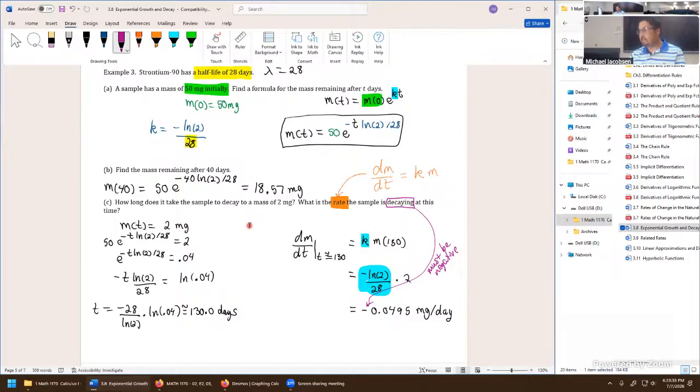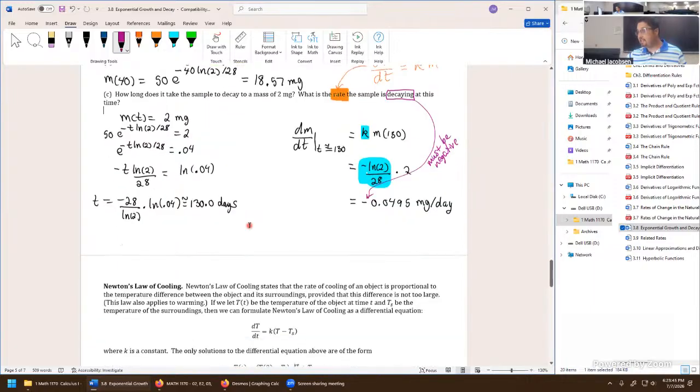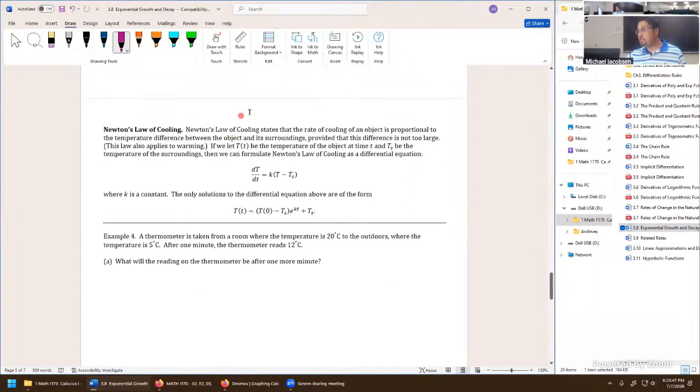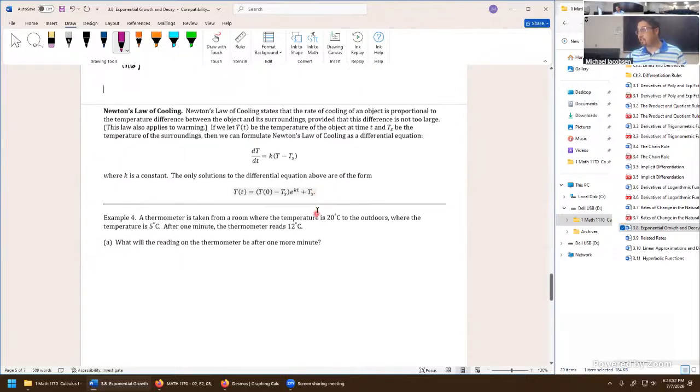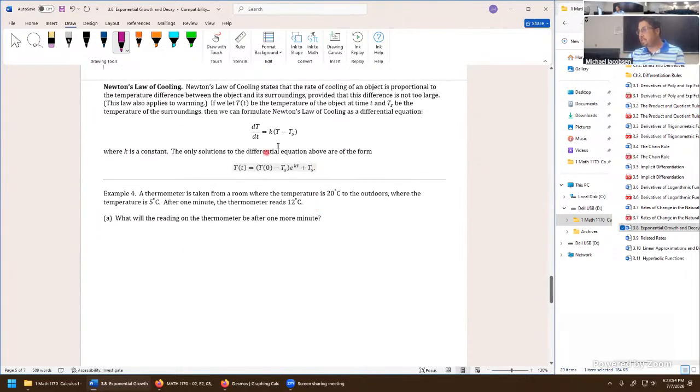Okay, and as promised, these exponential models are useful in their own right, but if you make a slight tweak to them, you can solve some other very interesting physical situations. And that's the so-called Newton's law of cooling that we'll study for our next 2 examples to close out this section. For most people, this might be a new concept, so let's look into this carefully.